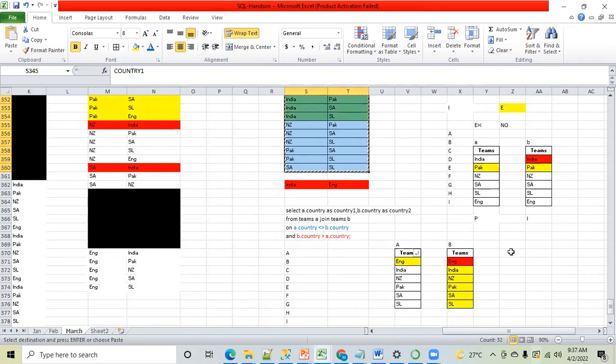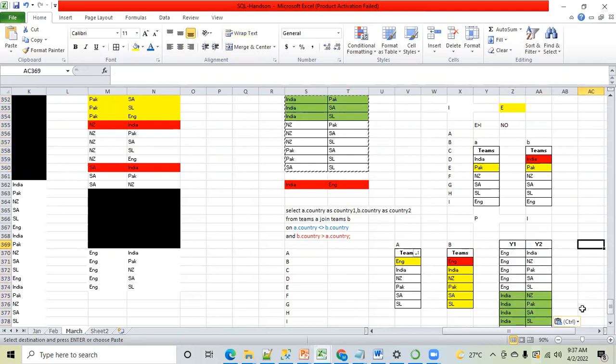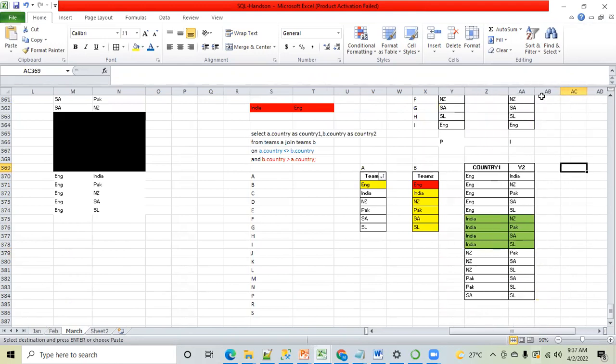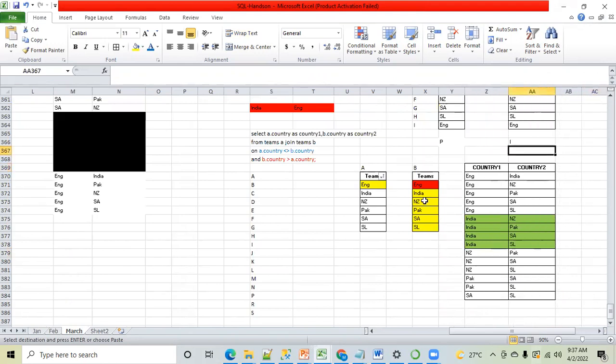Yes. Please, I'm telling again and again, I know this is complicated, but that doesn't mean that you should leave it. Try to understand this. Generally you will see that joins like this are not used very frequently, but they appear in complex queries. If you're working as a data analyst and facing interviews, these kinds of questions will be asked. So don't go with the silly questions where you're joining with only the equal operator and playing with left, right, full, and you are happy that okay, I learned the join. No, that is a very simple scenario, guys.